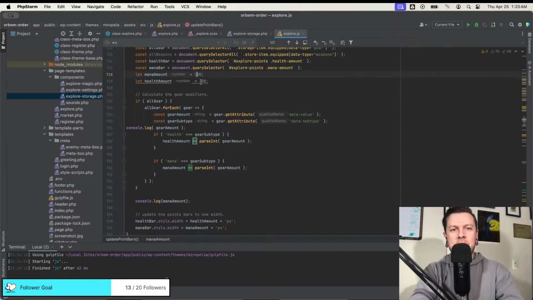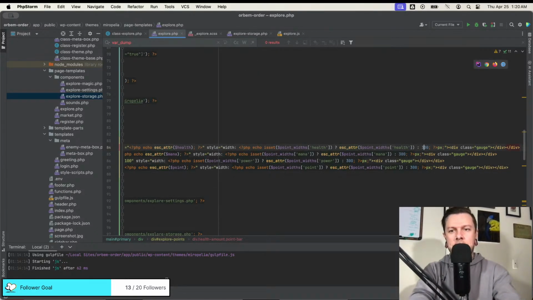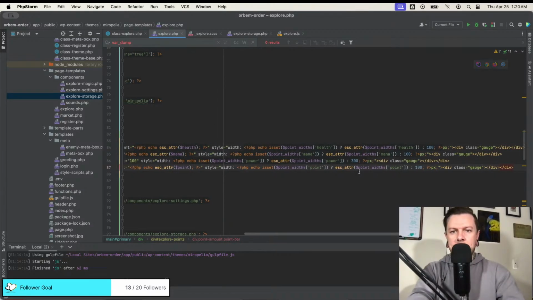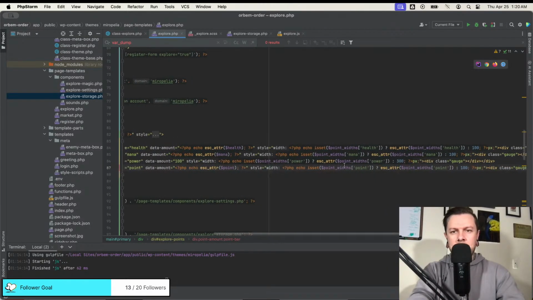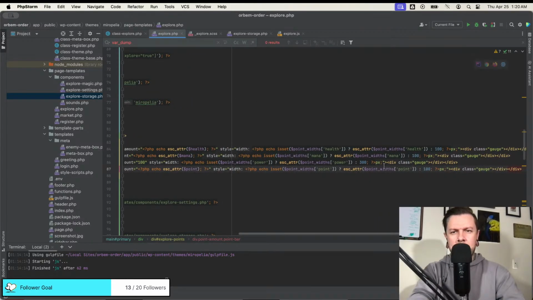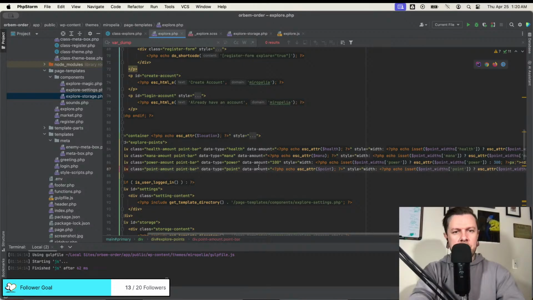Let's give this a shot. Let's change everything to 100. Alright. Boom, boom, boom. That's 100. Let's go to this. We'll change this to 100 by default. And instead of width being percentage, wait, points widths, point, mana, whatever. Yeah, so it's 300 pixels. Yeah, okay. And then data amount's 100.